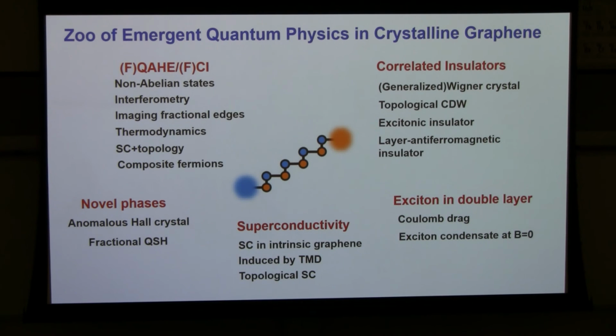Okay, so this is my summary slide. We think this is a nice system that we should look further into for various reasons. Okay, there are fractional Chern insulator, fractional quantum anomalous Hall, and there are things we wish to do in the near future. There are also correlated insulators. And there could be interesting superconductivity here. And one of the theory explanations of how we can get the fractional and integer quantum anomalous Hall when the electrons are far away from the moiré is that what we're really getting is an anomalous Hall crystal, which breaks time reversal symmetry and the translation symmetry at the same time. We don't know if it's there or not.